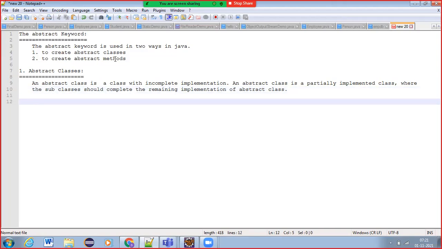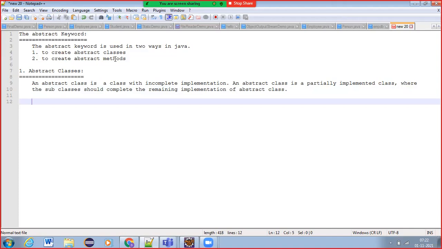The general standard definition is that an abstract class is an incomplete implementation of an object which needs to be completed by the subclasses. But if you want to give complete implementation and still make it an abstract class, you can do that. There is no restriction.